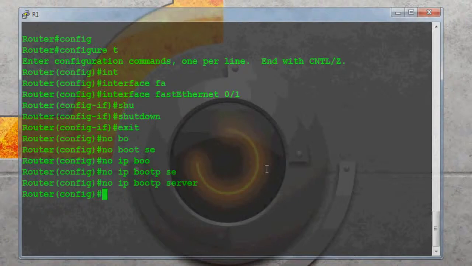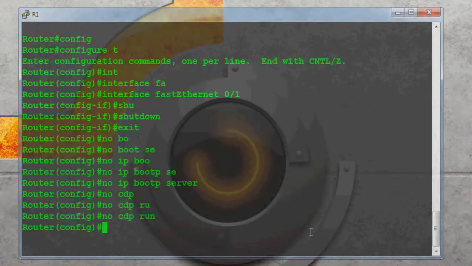CDP, Cisco Discovery Protocol, allows a Cisco device to discover information about other directly connected Cisco devices, and it's enabled by default. So disable this protocol if you do not need it. To disable this protocol, type no cdp run command and it's disabled.